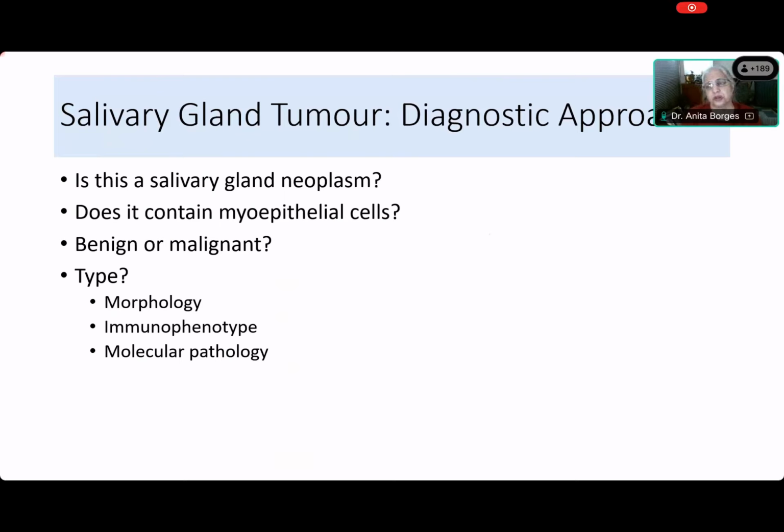So why should we worry about lymph nodes? Why, Akshara? And why only in the case of salivary glands? Why don't I worry about it in the breast? Why don't I worry about it in the kidney or anywhere else? Why salivary gland? Come on, Akshara. You're absolutely right. Yes. Because at the site of salivary gland, there are many lymph nodes.